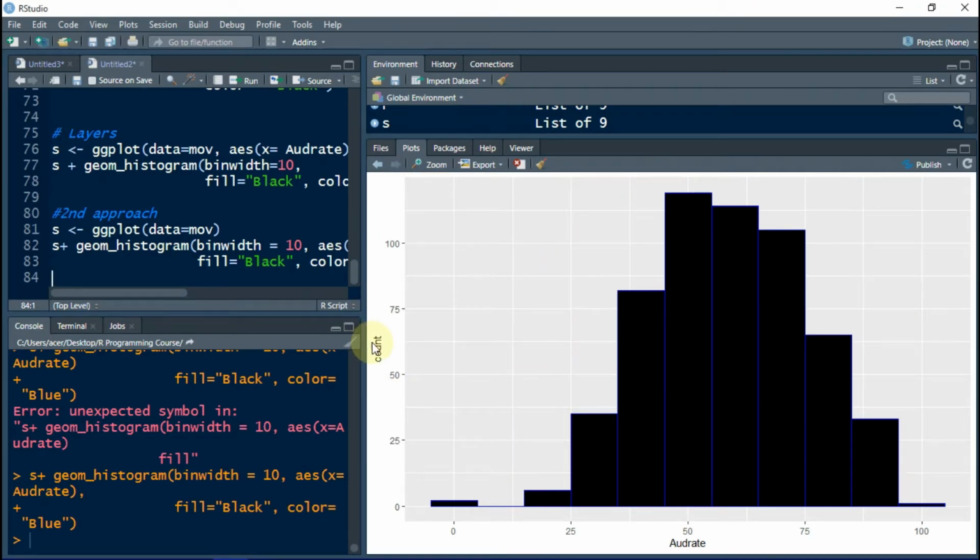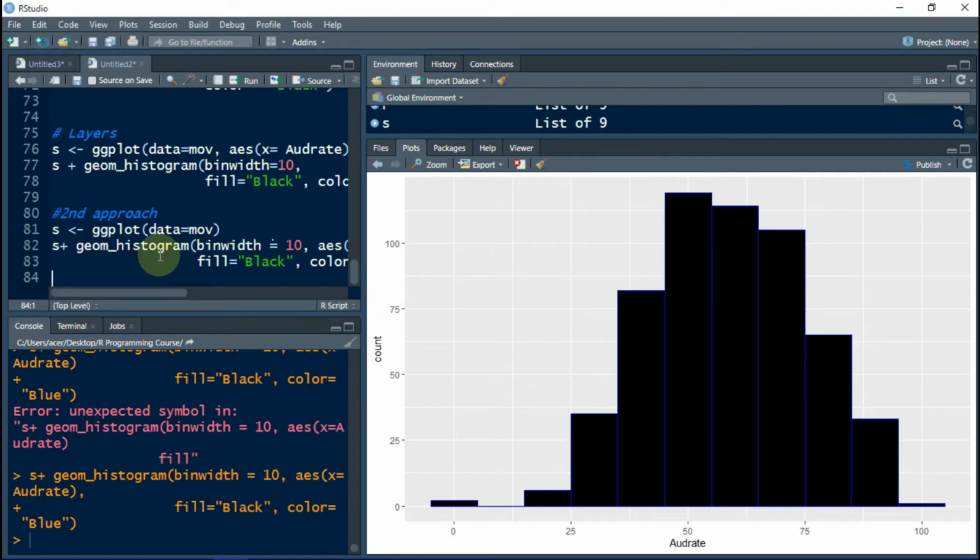But let us suppose we are working in a large data set or a large data frame, and we need to change the aesthetics frequently. So in that case, it is better to not supply the aesthetics beforehand, and then later on supply the aesthetics while creating a histogram or point or line or anything what you want to create, because this provides an additional flexibility to you while working with R programming.